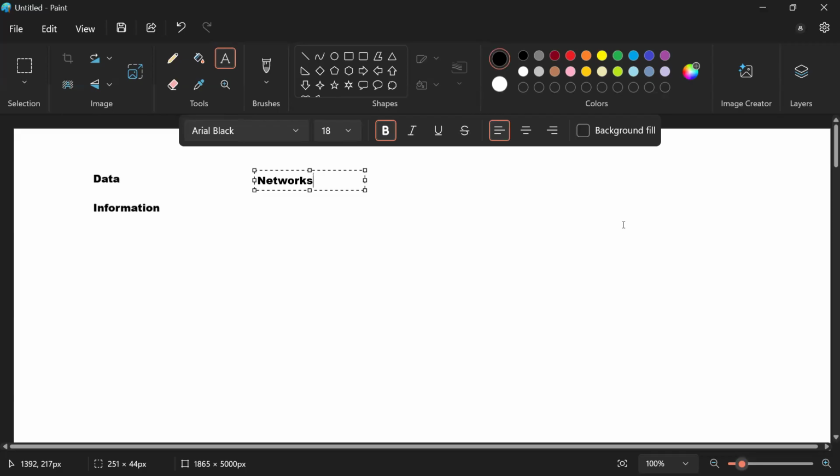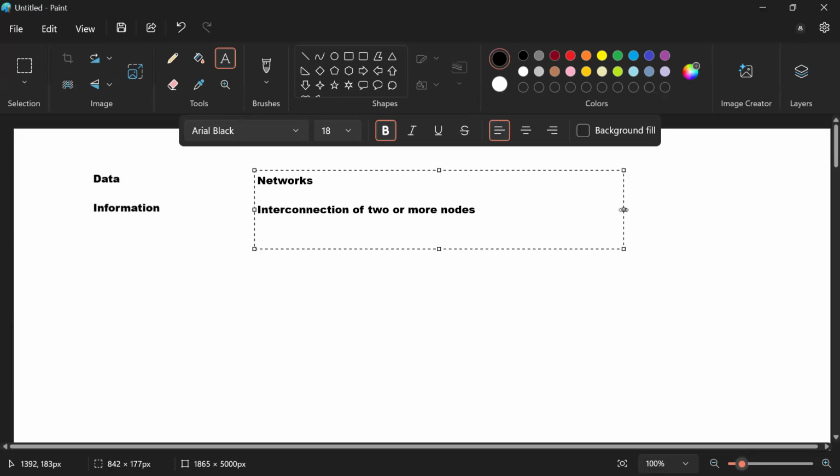We have the networks. And you say network is what? Interconnection? Yes or no? You tell me that this is the interconnection of two or more nodes. Correct? And the reason you tell me is that we want to exchange information or data with the help of networks.